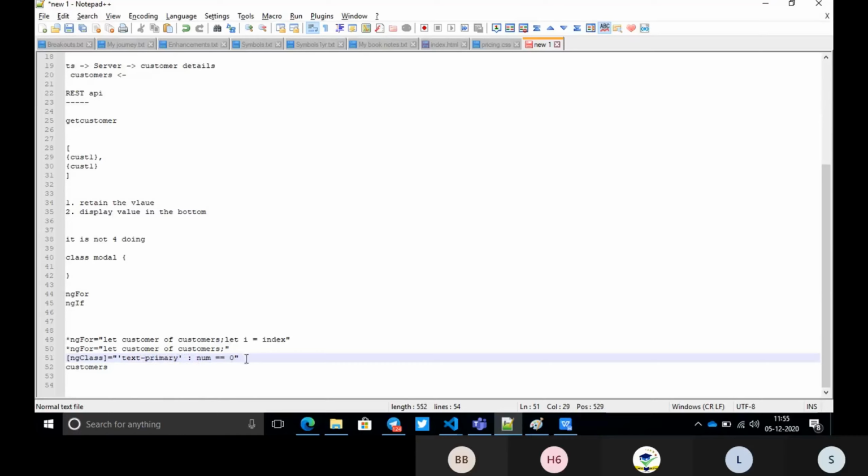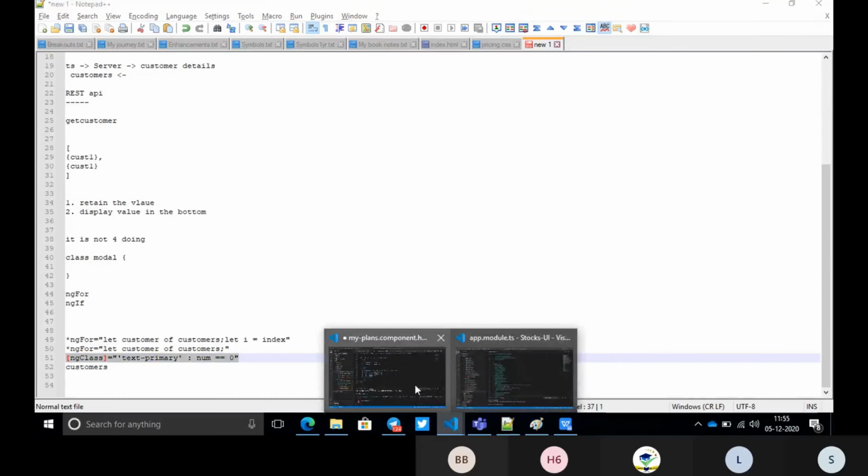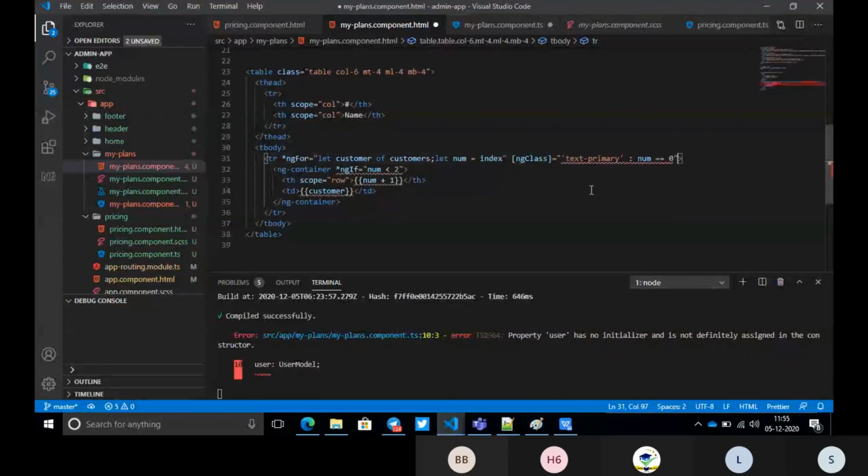So if my index is 0, I want to give primary. If the number is 2, I want to give something else. Let me write it here. What we are trying to do is text primary.